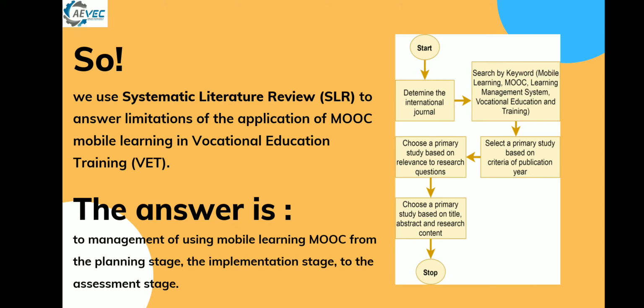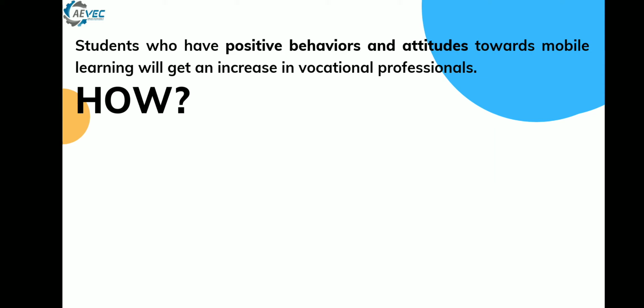We find the answer is the management of using mobile learning MOOC from the planning stage, the implementation stage, to the assessment stage. Students who have positive behavior and attitude toward mobile learning will get an increase in vocational professionalism. But how? Planning management of behavior and positive attitude can be established in various ways, namely,